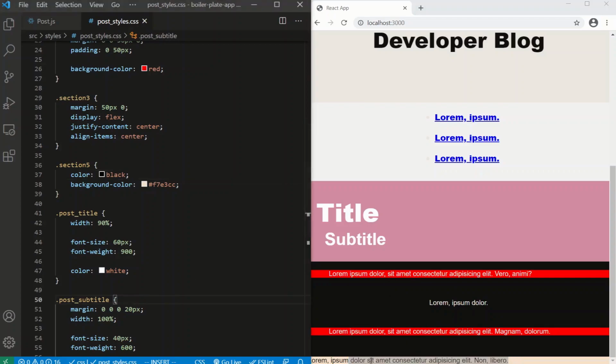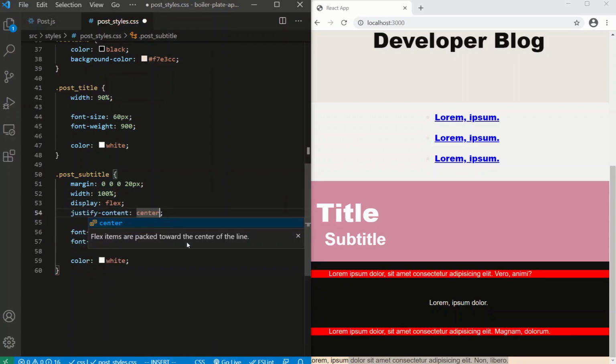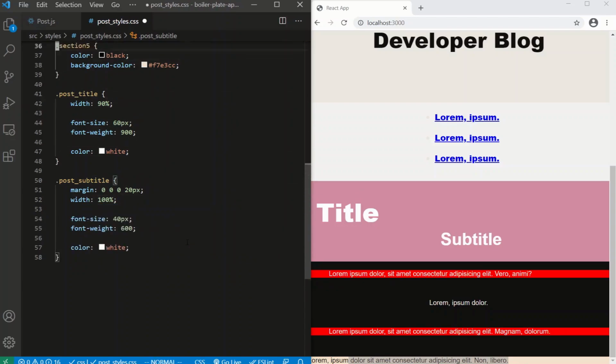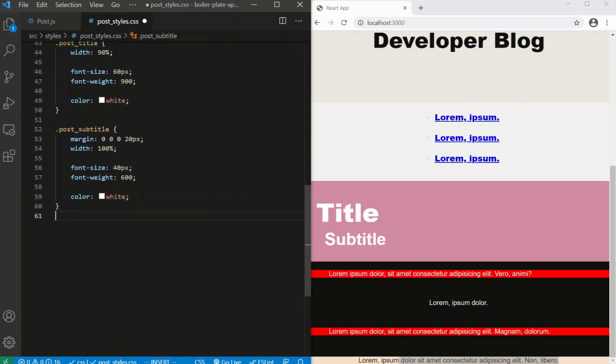And I wonder if I have to center that. Let me put that in here just in case. Let's do a display of flex. Display flex. I'm missing the S here. And we'll do justify content center. Center like that. Nope, it's the wrong one, excuse me. Should be in section 5 right here. There we go. All right, let me copy and paste the responsive code for this, and then we'll move on